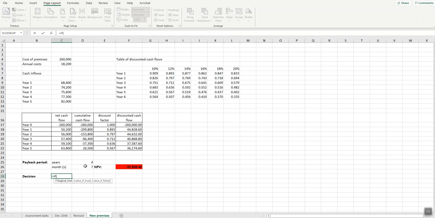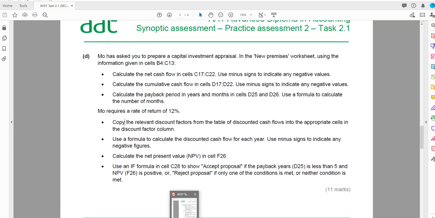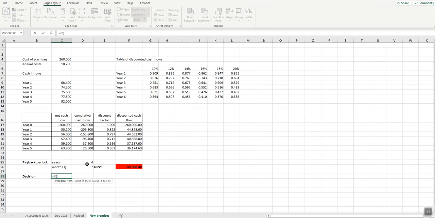So years have to be, what was it? I can't remember. Years was less than 4. Okay, less than 5, and the NPV needs to be positive. Well, we've got the less than 5, but we have not got a positive net present value. So you start off by saying if the years is, well actually no, let me build it bit by bit. So if the years is less than 5, let's do this slowly, then